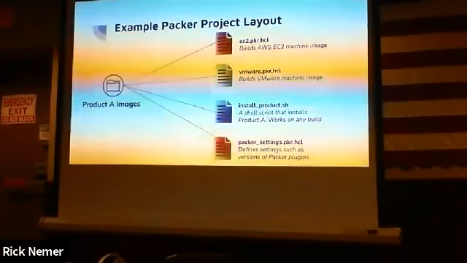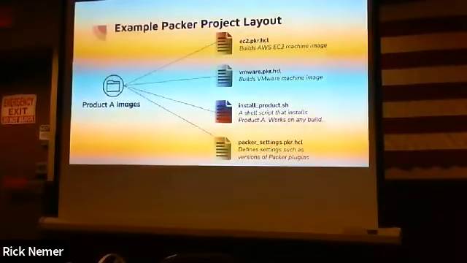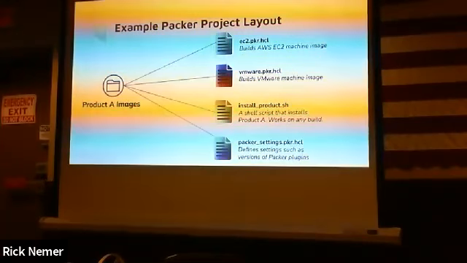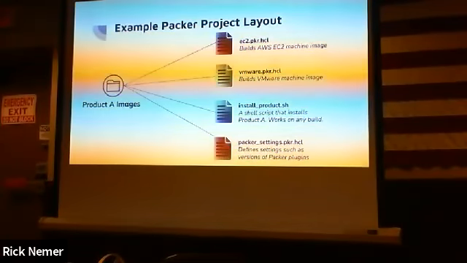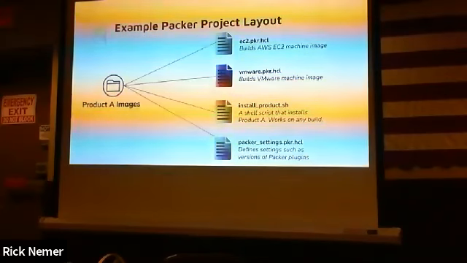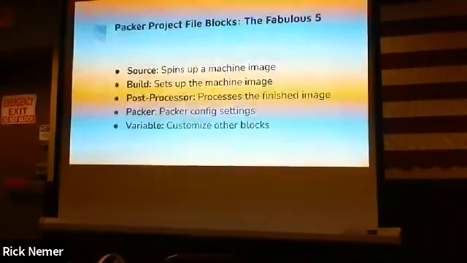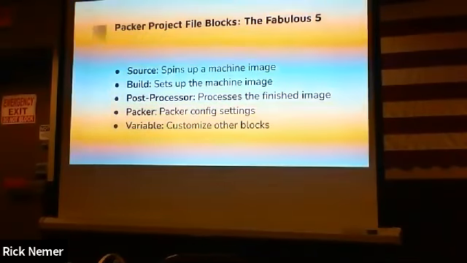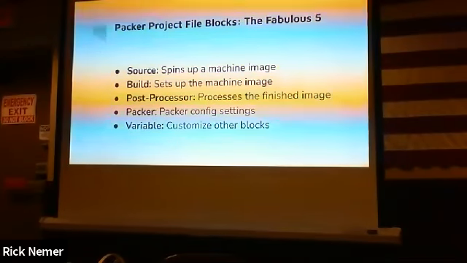How does HCL test for where it's going to be, which type it's going to be on? Does it detect something when it gets there? Yeah, basically it reads in all of the .pkr.hcl files and merges them all together, figures out what needs to be done, and does that. There are a couple of different block types that allow it to do that. There are 5 different block types here, and if you can get these 5 block types down, you can write Packer builds like that. It's not a complicated tool to use.